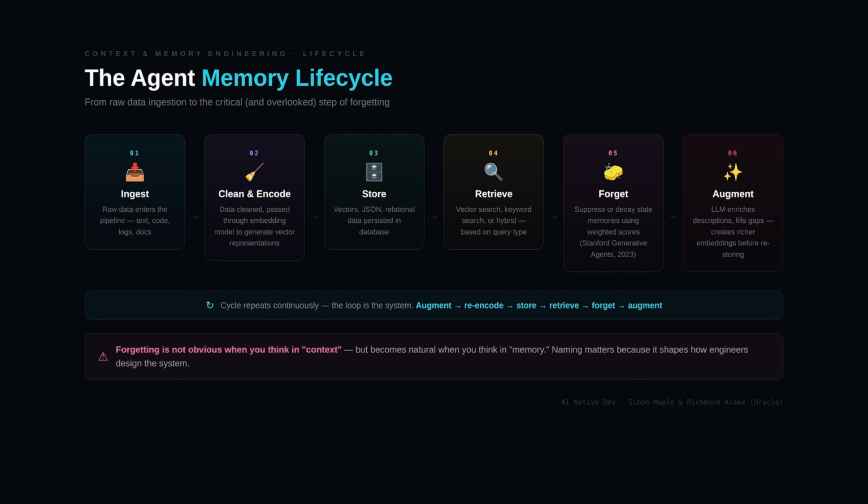And they have this weighted score. You can add it to the attributes of each memory unit. But this is the life cycle here. So we ingest the data, encode the data, store the data, retrieve the data, forget or remember or reinforce the remembrance of the data, then we just go through that cycle again.